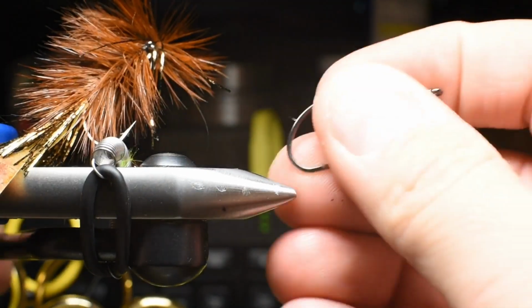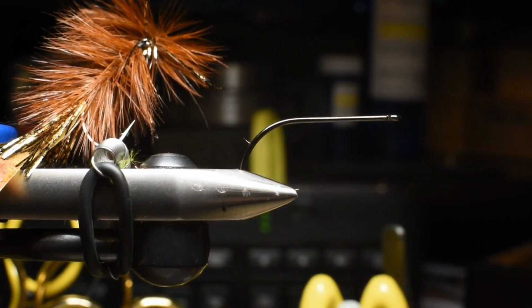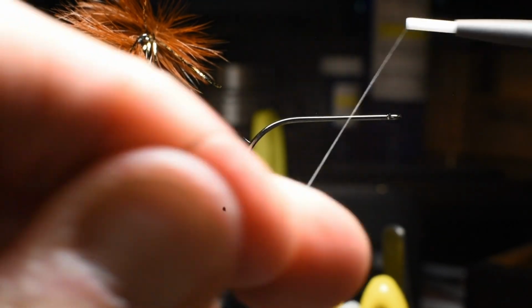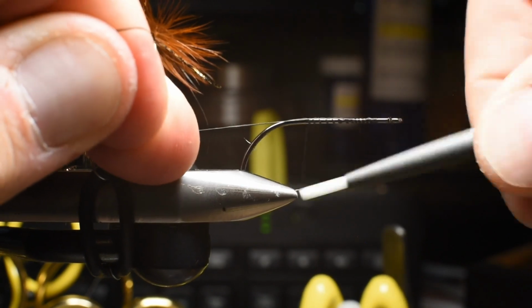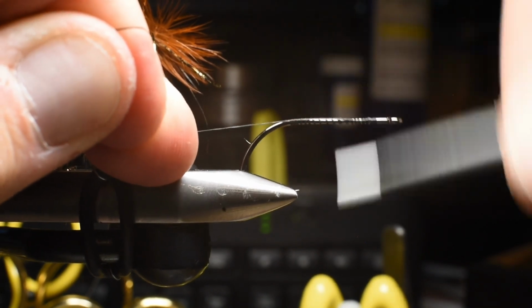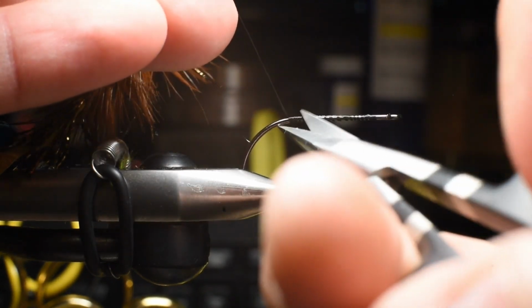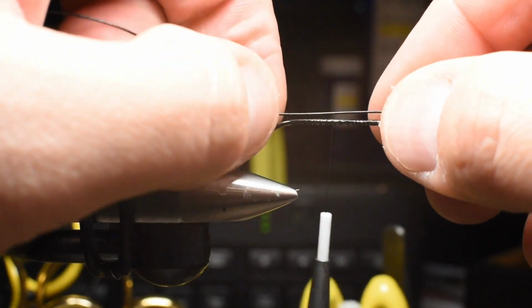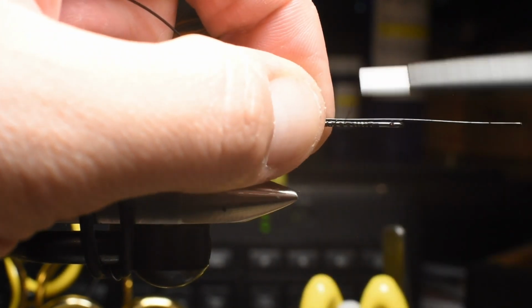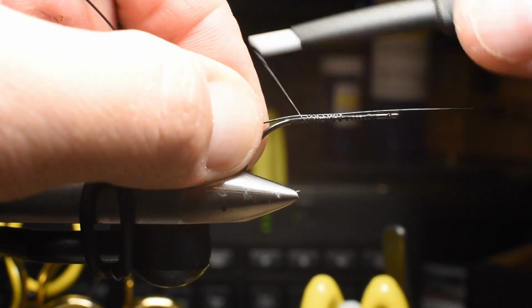I'm going to go ahead and move my material clip back, put in my front hook, which is a number 1 Gamakatsu B10S, and let's start our thread and work our way back, doing the same process we did with the rear. Although this time we've got to secure that middle section from the articulation shank. We're going to be using some nylon coated wire. I'm going to go ahead and start that so that there's a tag end off the front,